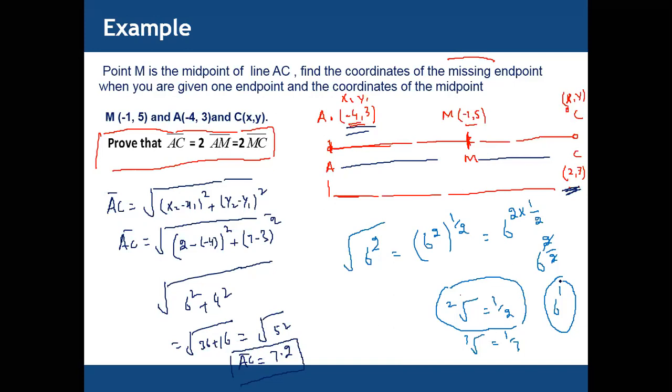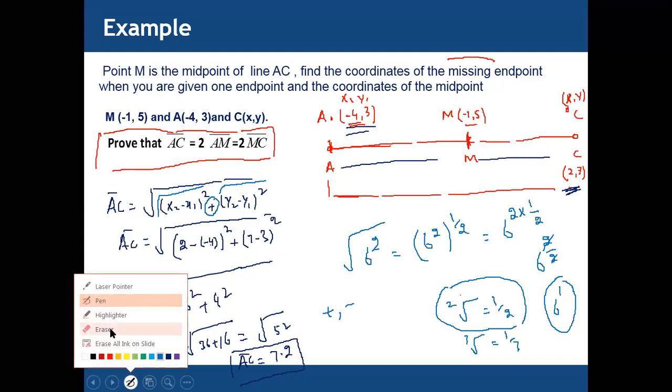You can cancel, but now we cannot cancel because we have addition in the middle. When we have addition or subtraction in the middle, we cannot cancel because we cannot separate this root. We cannot separately write x minus x1 and y minus y1, because these are separate squares. If we have one square, a whole square, then we can cancel. But now we have addition in the middle, so we cannot. Okay, that was your question. Sorry for the interruption. It's okay, it's okay.